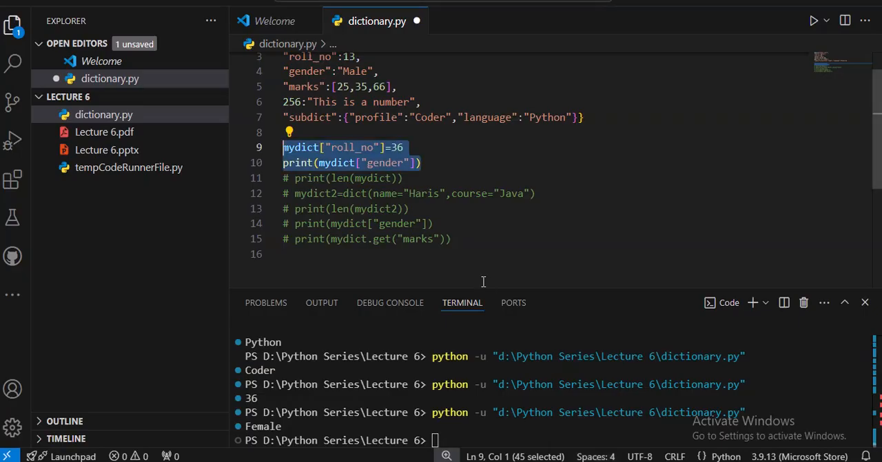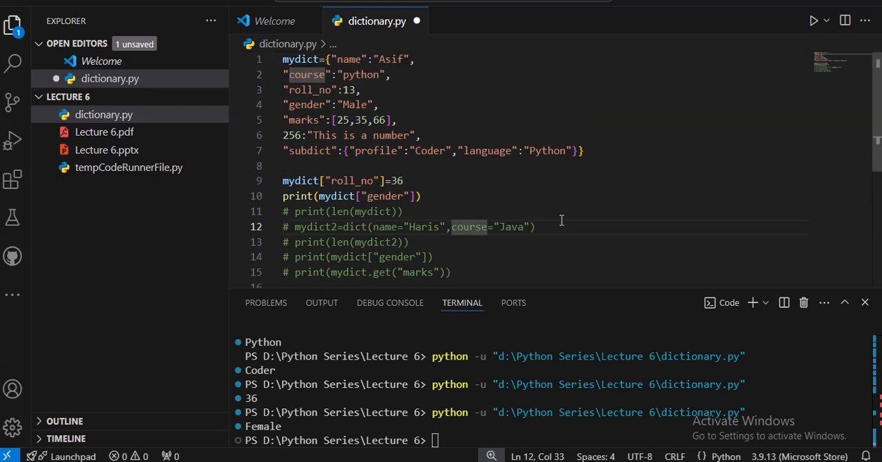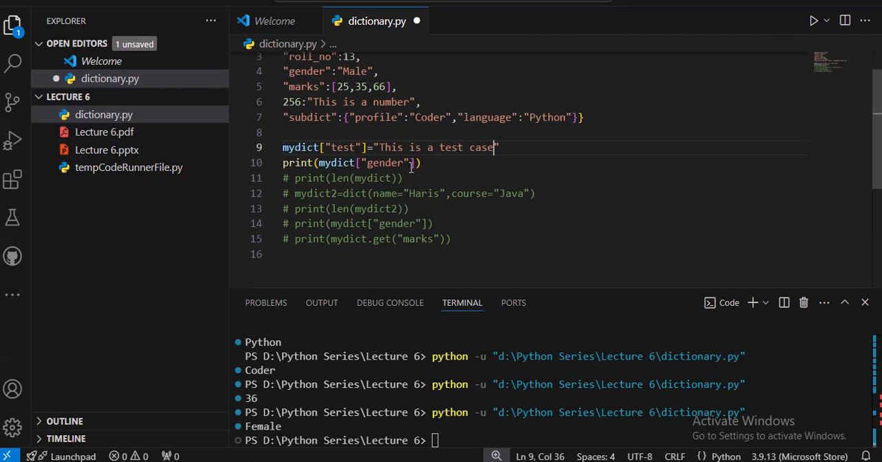If you want to add some other key value pair in it, how can we add that? Just like I have roll number 36, I will write here, let us suppose, test. This is a test case. This is for addition. Now if I print this whole dictionary, you can check